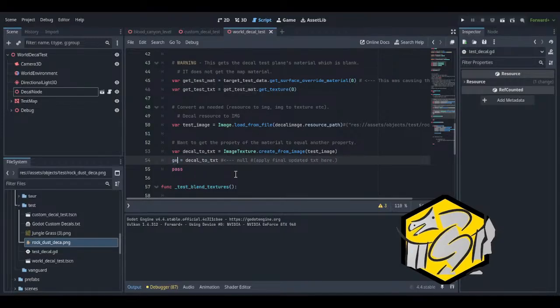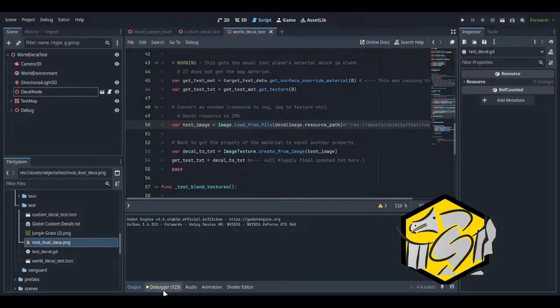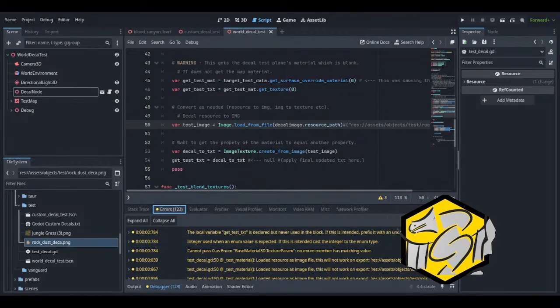This should be get test texture. Fine. Get test mat dot albedo texture.